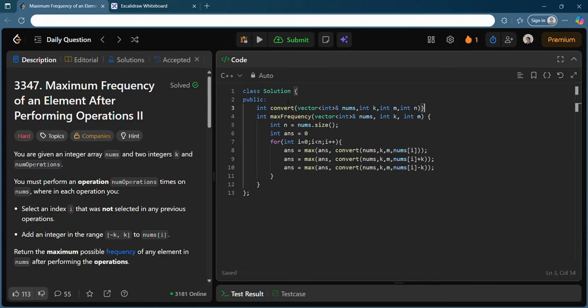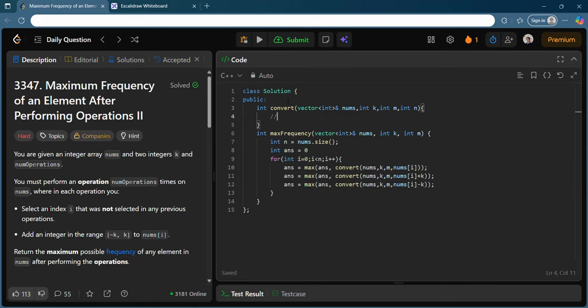So basically what this function will do is try to see how many numbers can be converted to n by using m operations. By using m operations, how many numbers can be converted into n? That's what I will try to do, and I will just try to return the answer.